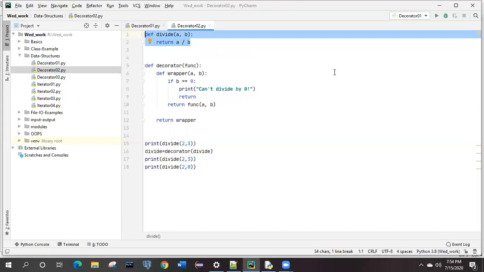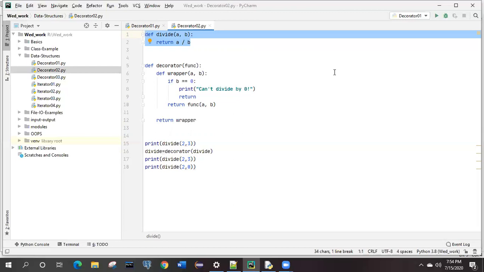But if you remember, in the case of exceptions, we have seen that if the b value is 0 and we perform the division, then it is going to raise an exception, divide by 0. So it is not going to execute, right?